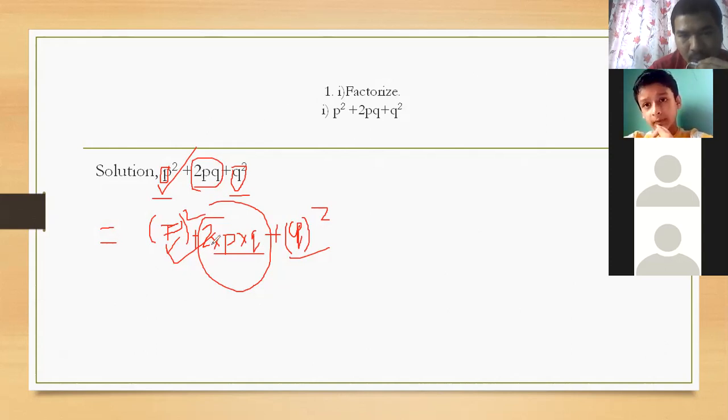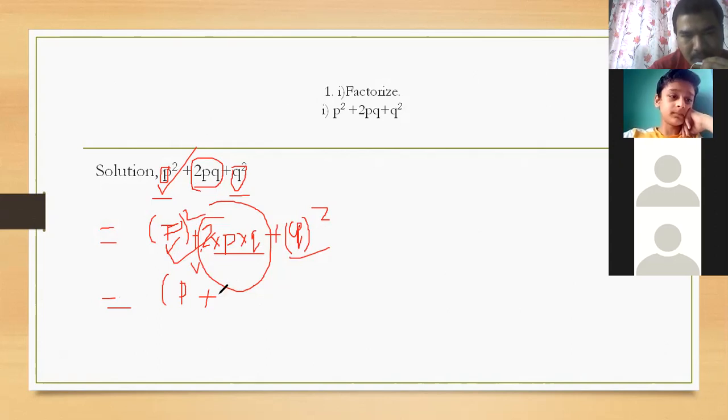Yes, of course. When you multiply 2P and Q, you will get 2PQ. Then it is in which formula? Do you know? It is in the (a plus b) whole square formula. A means P there. If here is plus, here will be plus; if here is minus, here will be also minus. If minus 2AB, then it will be minus here. If there is plus 2AB, here will be also plus.